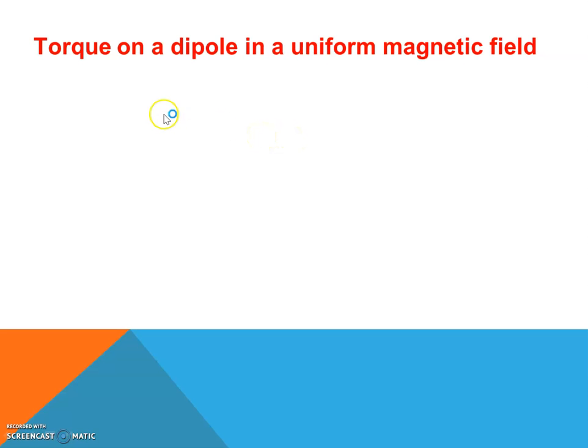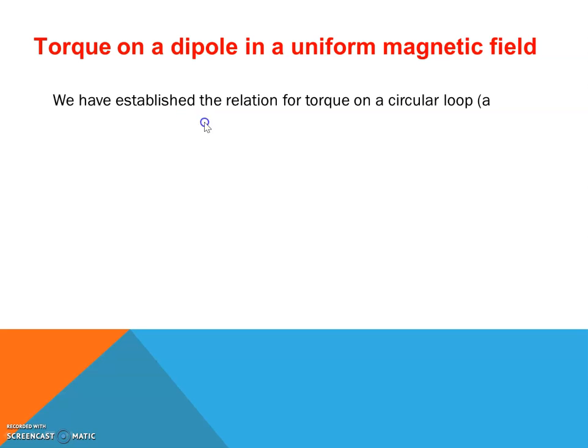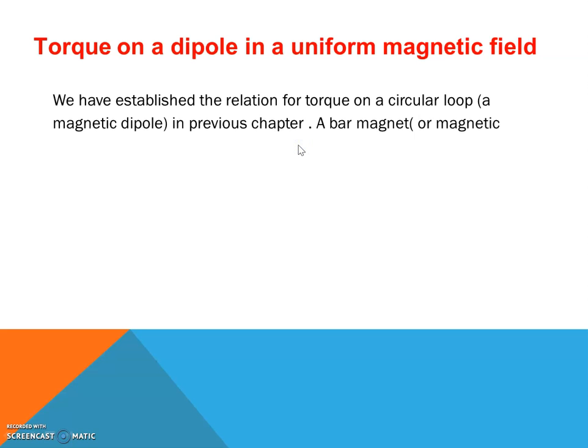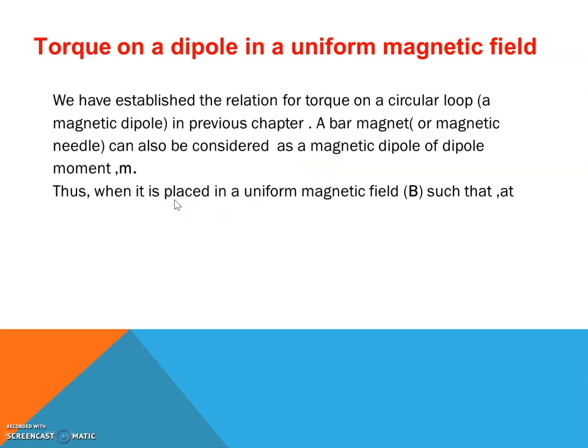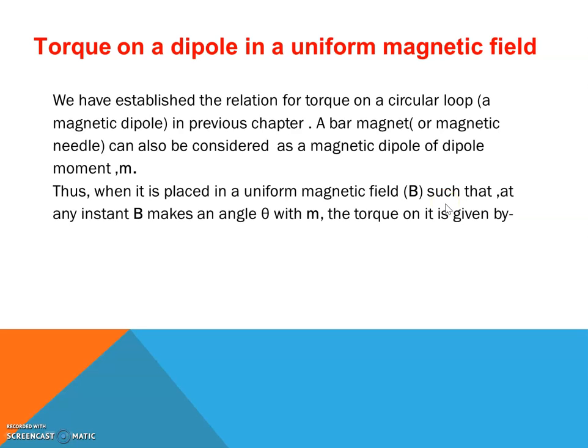In the previous chapter, we have established a relation for torque on a circular current loop or a rectangular current loop. A bar magnet can also be considered as a magnetic dipole of dipole moment m. Now, whenever such a dipole is placed in any uniform magnetic field, then torque on the dipole at any instant